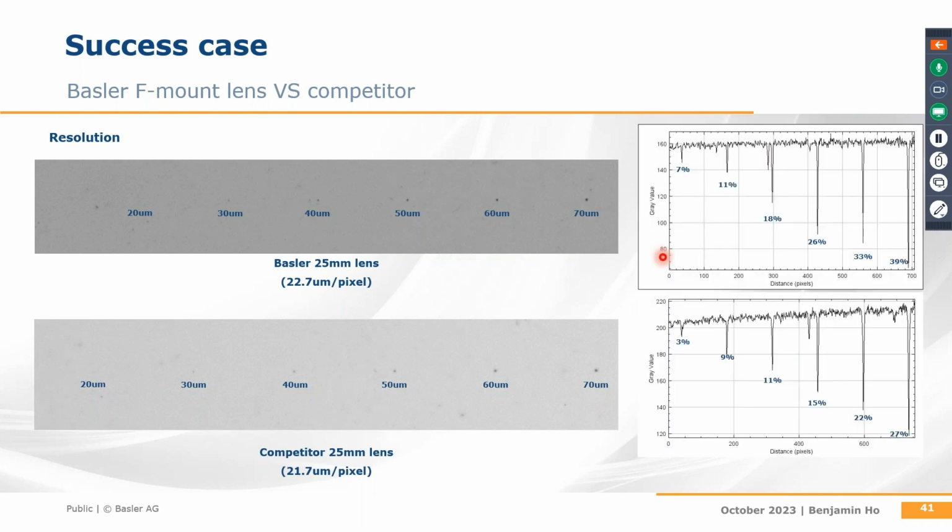According to this result, it can be seen that the Basler new F-mount lens offers significantly better contrast at the same magnification and with the same size dot pattern. In conclusion, with the better performance of the lens, even a lens with the same magnification can detect defects of the same size in more detail or detect smaller defects.